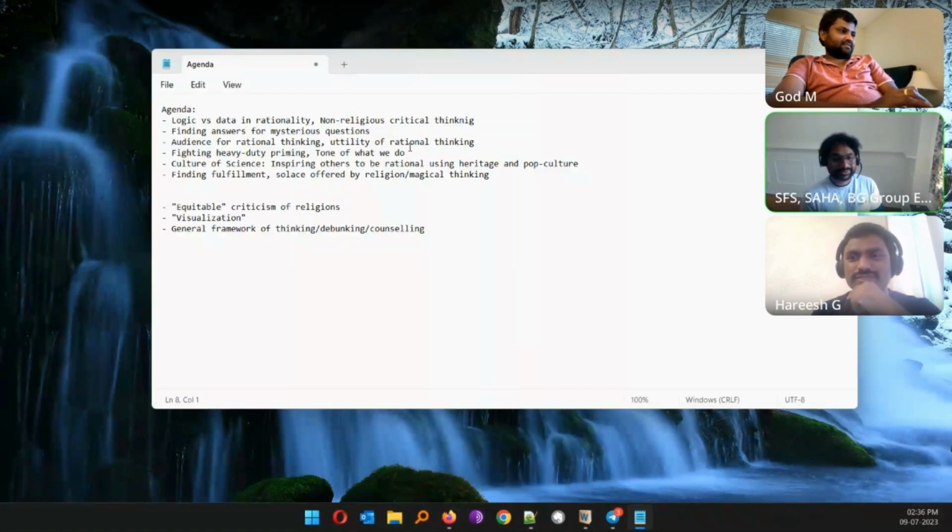Sure, Chandra garu. So I think we can start with the first point there. What we'll do is, I'll just say a couple of sentences here, and then I'll ask Harish garu to expand on it, and then we can open it up and go agenda item by agenda item. That's something that we can do now.